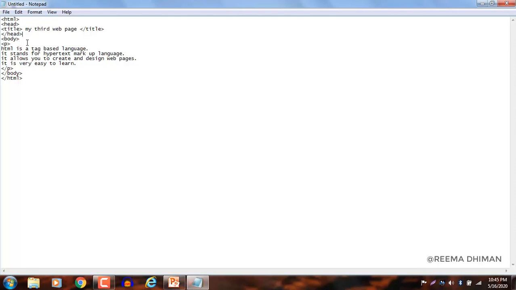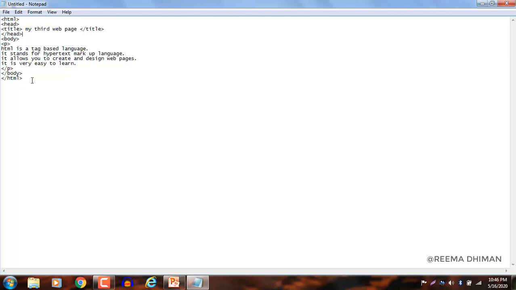Under the body tag I want a paragraph, so I will use the p tag here. As you can see, under the p tag I have written 4 lines, and I want to show these 4 lines as a paragraph on the web page. So I use the p tag. This is the opening p tag, this is the closing p tag.